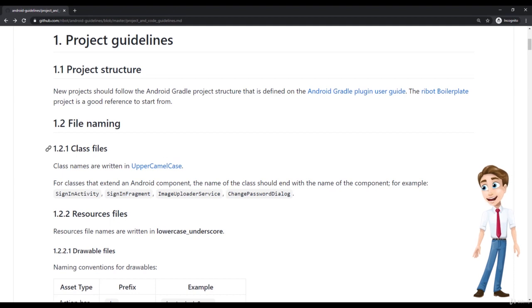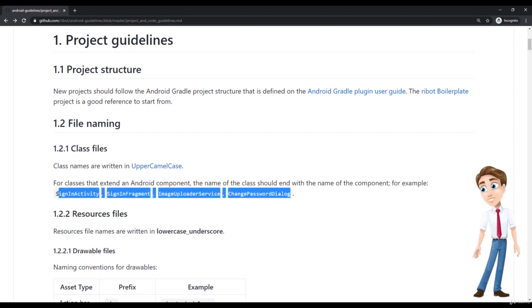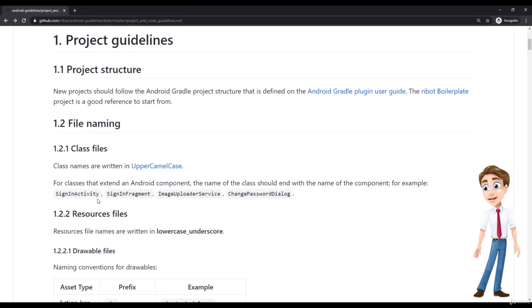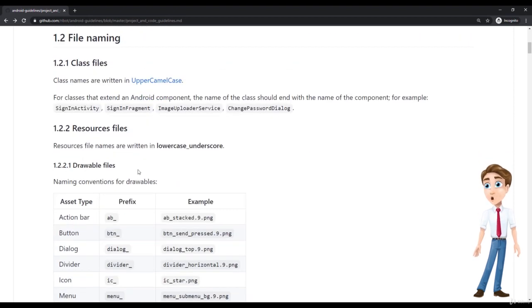Now, of course, the class file naming is kind of Android or Java 101. You want to use the upper camel case convention here for classes. I think that this is decent enough and you should do it wherever you can. That's really important. Now, for resource files, you should use underscores and always lowercase. That's pretty important and decent, and I guess that most of us already follow such a convention.